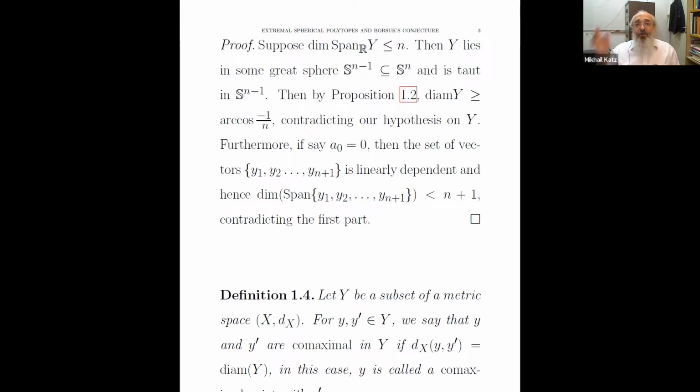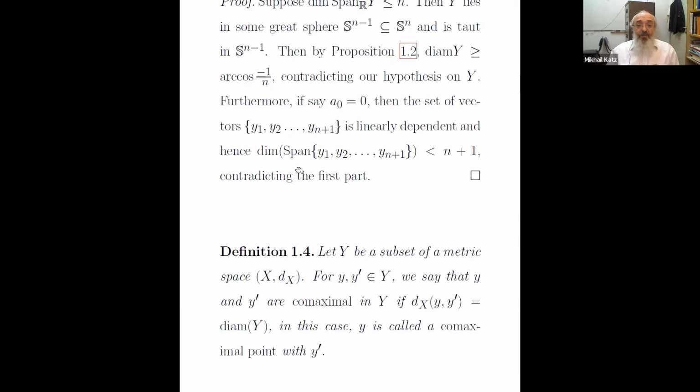So the mental picture we're supposed to have here is a simplex in a sphere. And think of it as a perturbation of a regular simplex. A regular simplex certainly satisfies our diameter bound, and then we can perturb it and get interesting configurations that are still in the class of subsets that we're talking about. Of course, we're going to get much more complicated configurations, as we'll see, than just the regular simplex.